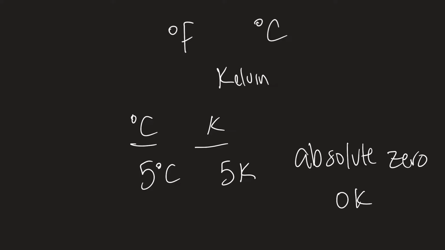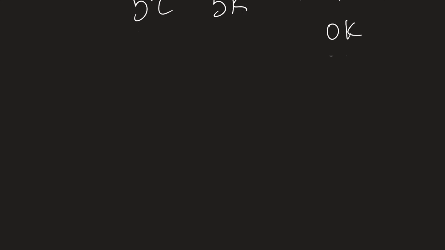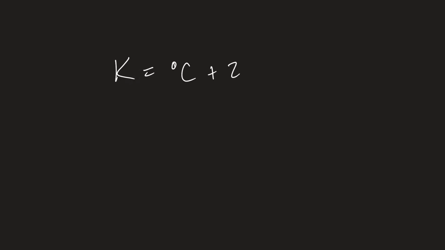There's no negative Kelvin. Okay, so let's talk about the relationship between Celsius and Kelvin in a little more detail. Kelvin is equal to degrees Celsius plus 273. That's the relationship. In other words, degrees Celsius is equal to Kelvin minus 273. If you're given the temperature in Celsius and you're trying to figure out the temperature in Kelvin, then all you have to do is add 273. For example, we could say that